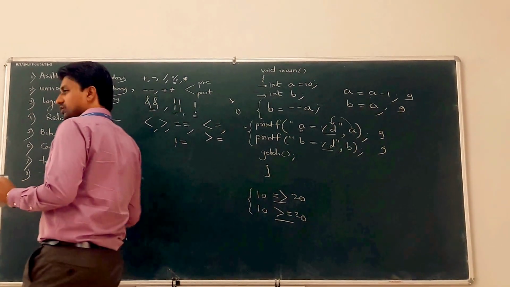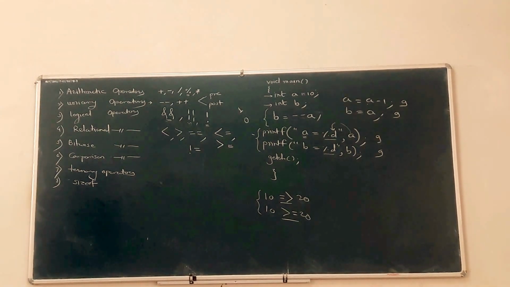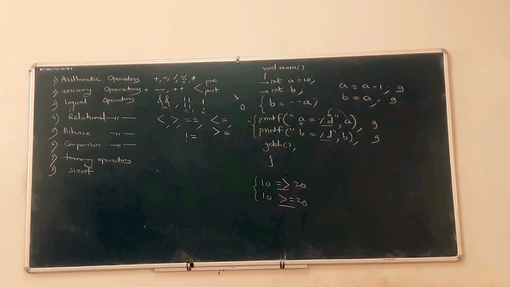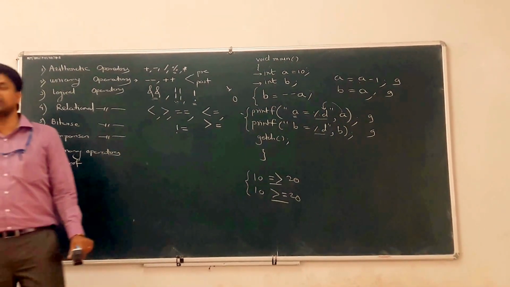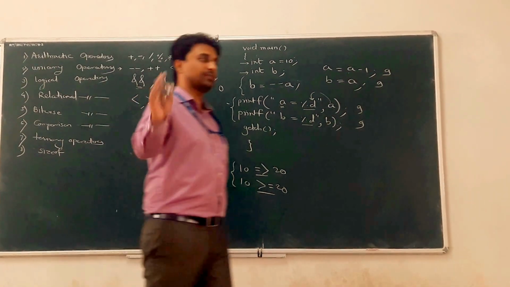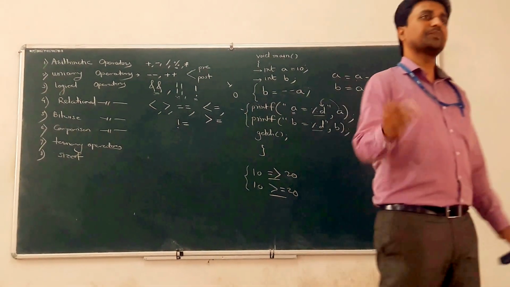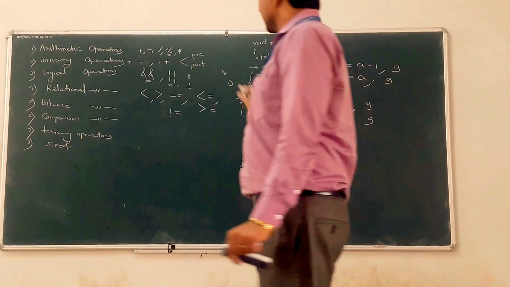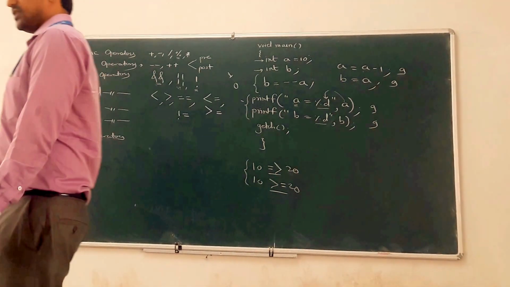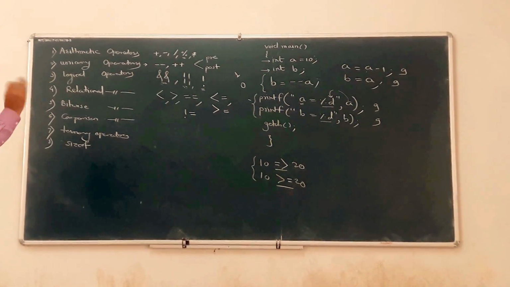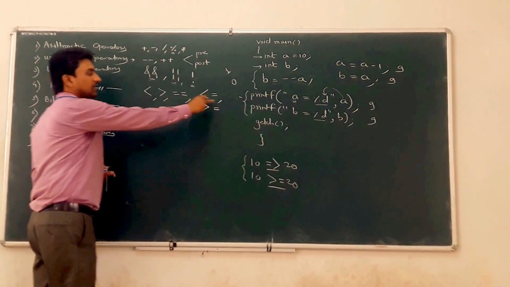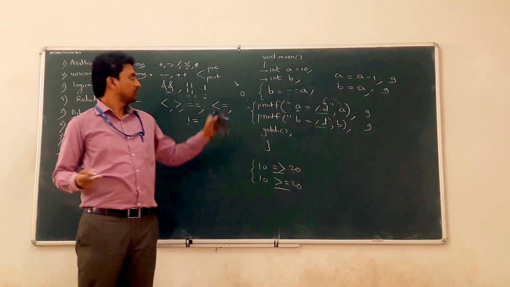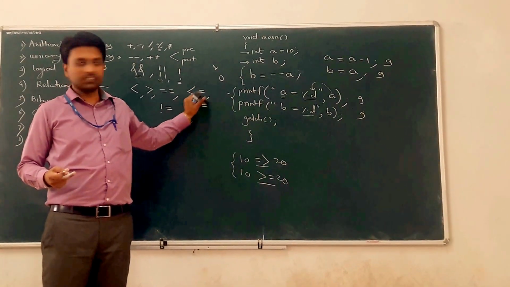These are used in the condition parts of control statements or selection statements. What is meant by a selection statement? What is meant by control statements or iterative statements, simply called loops? Jumping statements. That part is in the second chapter, where we can see all of it. But whenever there is a condition, we can use a relational operator, and it returns true, that is 1, or false, that is 0.